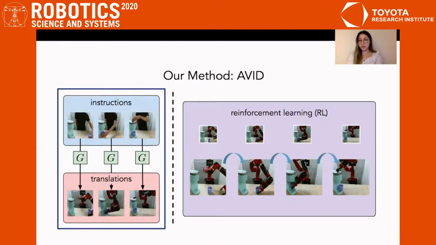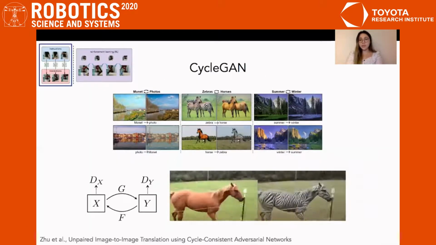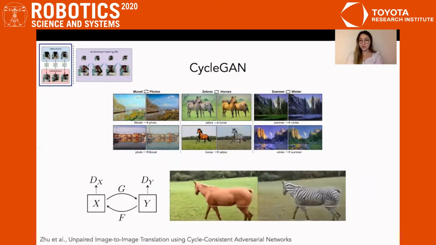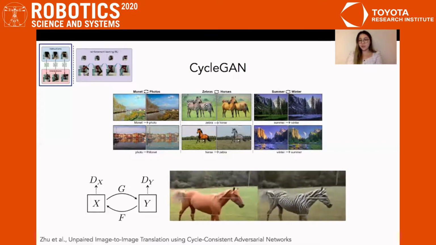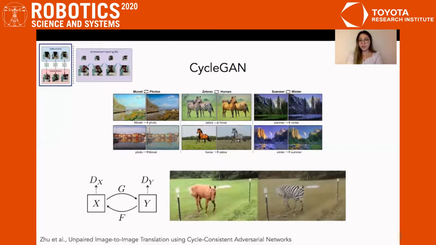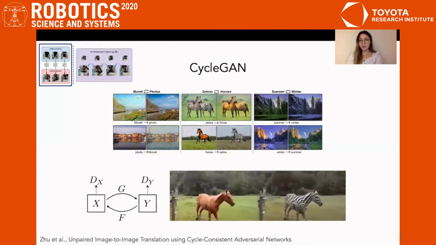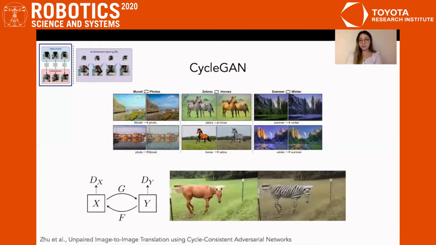For translation, we build on prior work, which learns to translate between images from two domains, human and robot video frames in our case. Ideally, the datasets from each domain would be aligned so as to provide labels for translation, but in our setting, this will be very difficult to obtain in practice. CycleGAN shows that we can get a translation system without this explicit alignment through unsupervised distribution alignment.